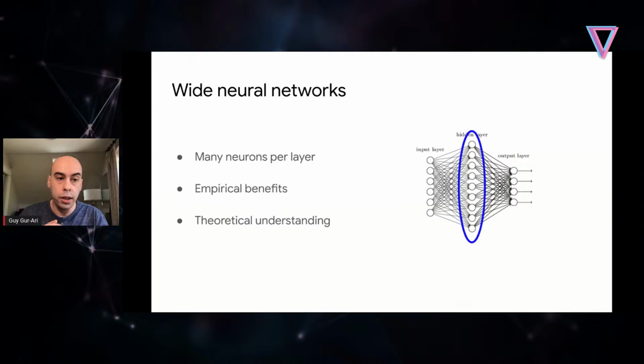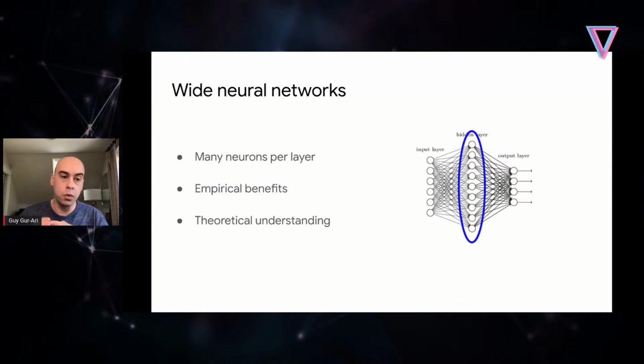So in deep learning, what we call depth is the number of layers we have in the network, and we can consider deep networks which have more hidden layers than others. There is another interesting limit that we can consider, and that is the wide network limit.